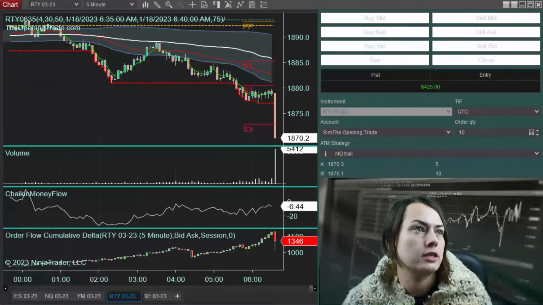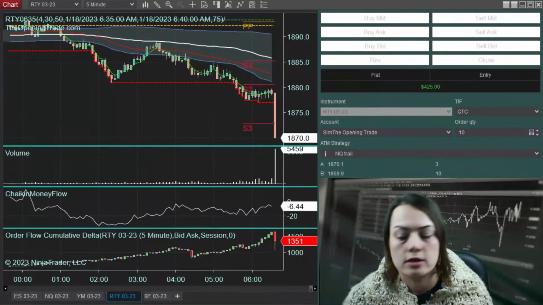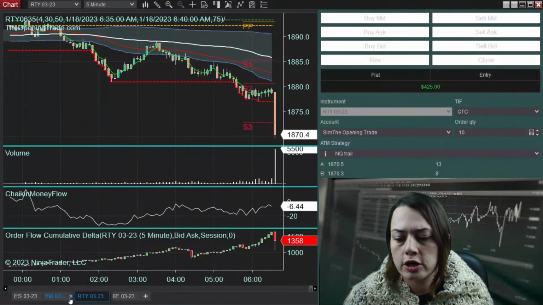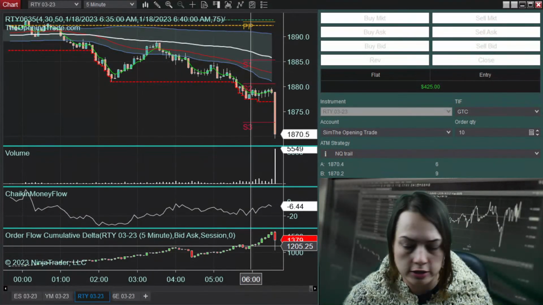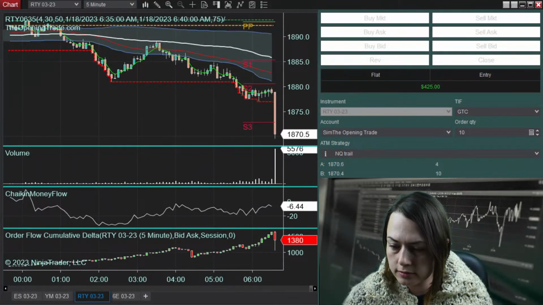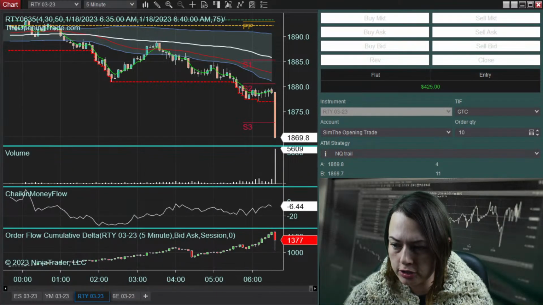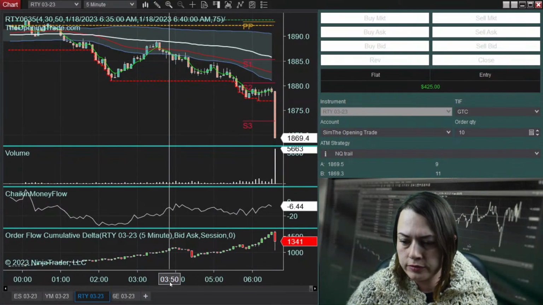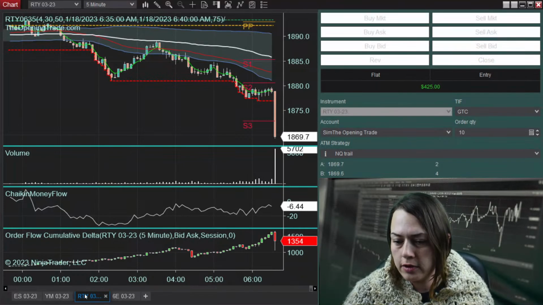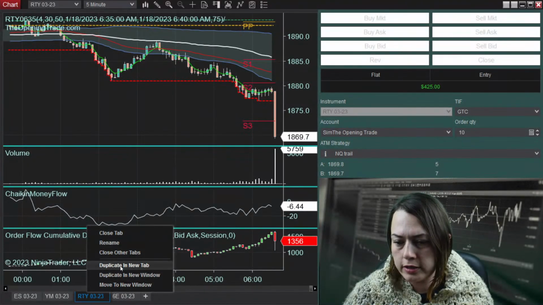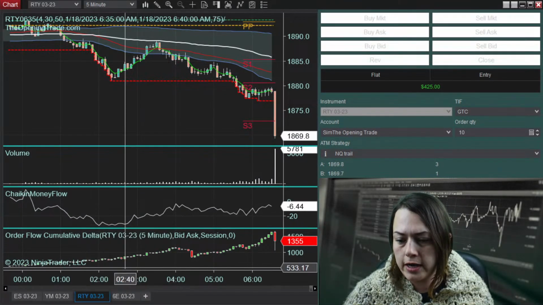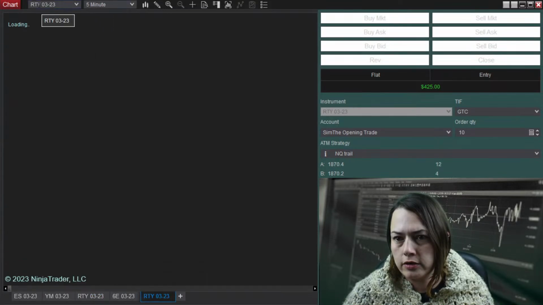Alright, so let's look at the news. Oh, let's change our chart. I closed the chart. I have to get back my NASDAQ chart because I hit the wrong button. 1 second. So right now you're seeing the